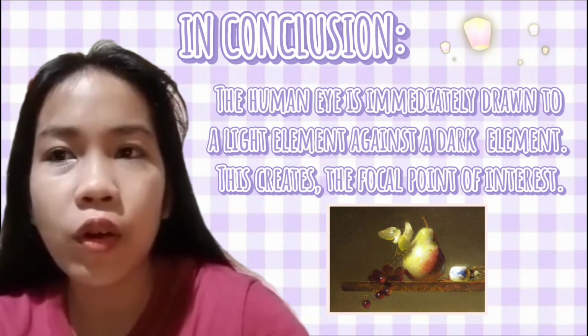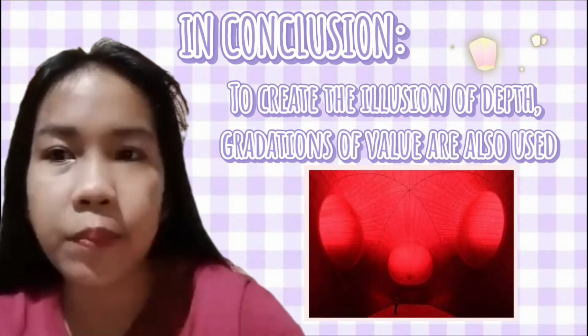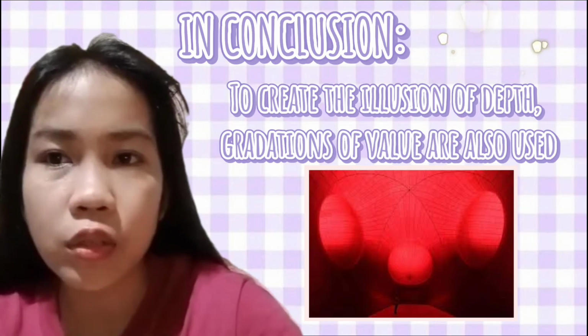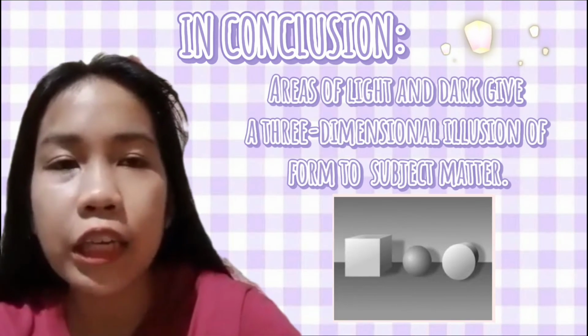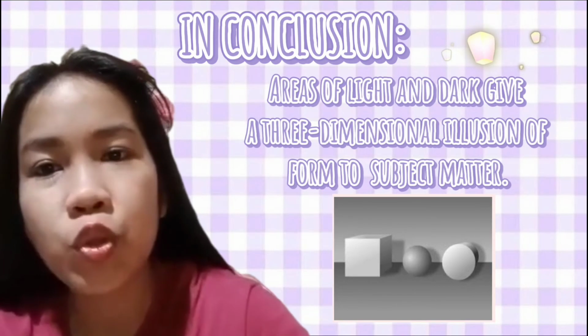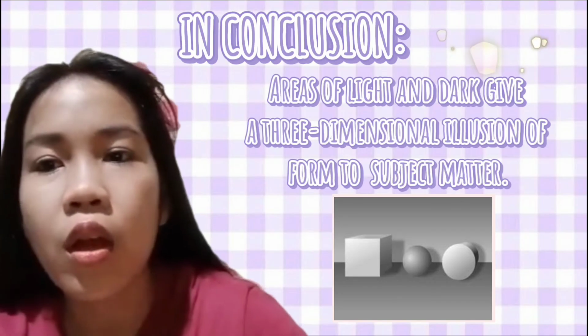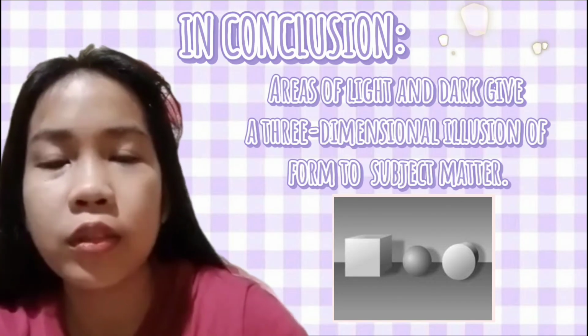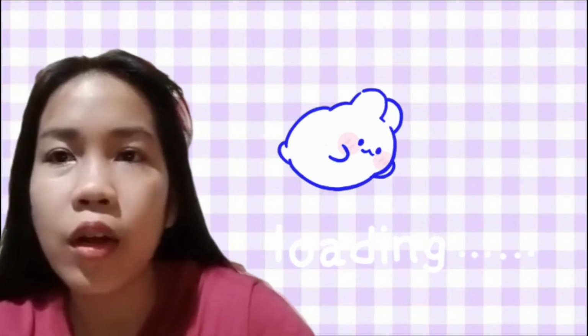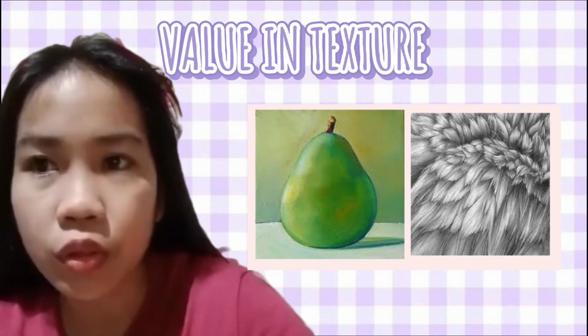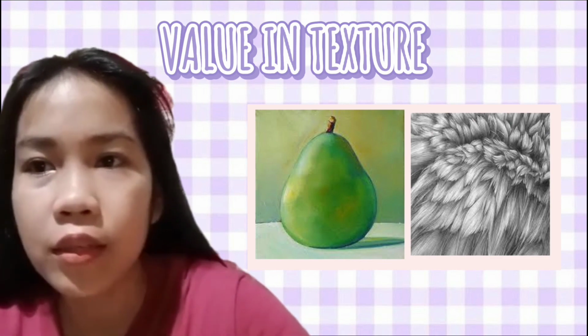This creates the focal point of interest. And to create the illusion of depth, gradation values are also used. Areas of light and dark give three-dimensional illusions of form and subject matter, just like these shapes. Here are some examples of artworks showing value and texture, and the value